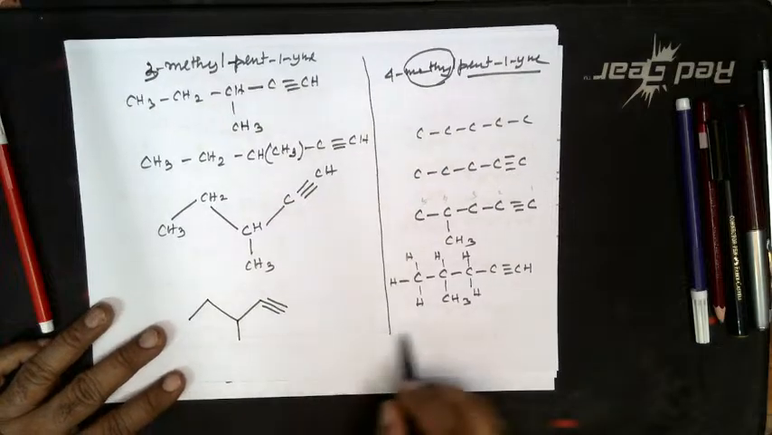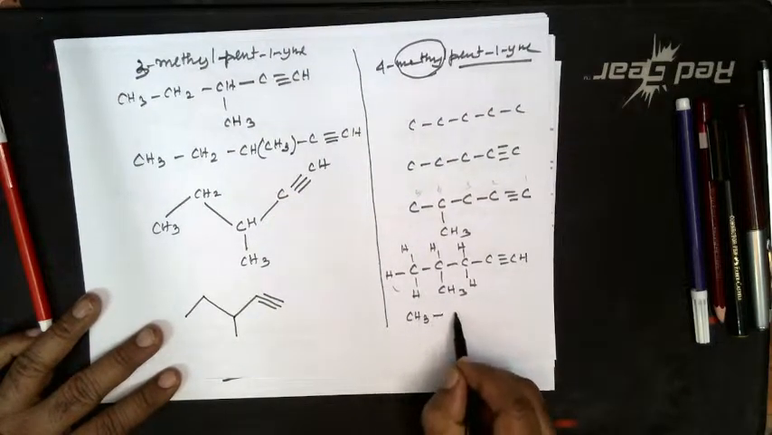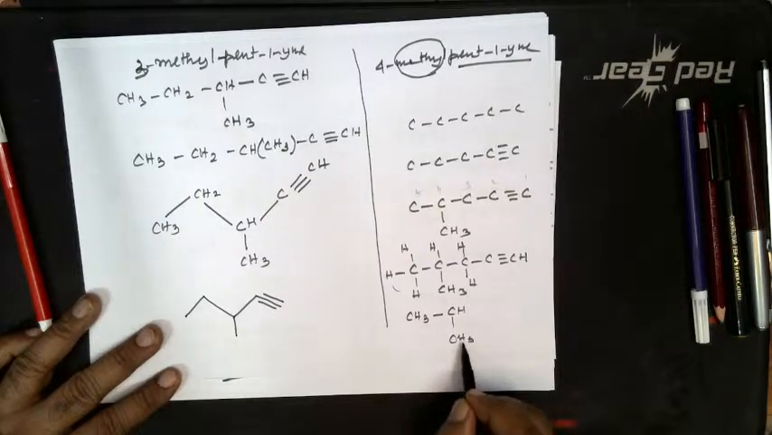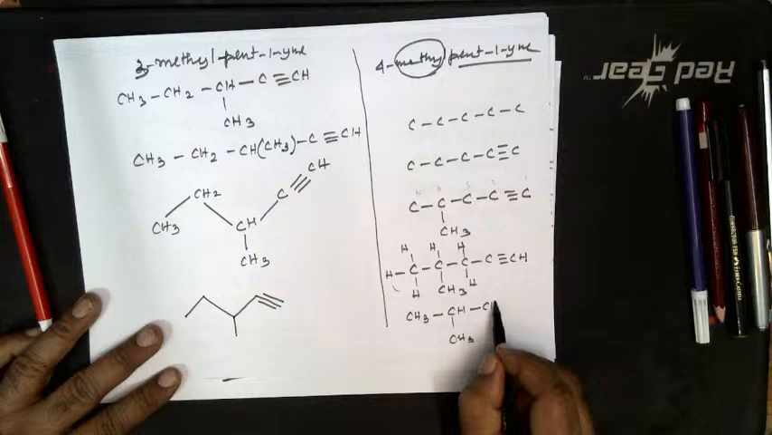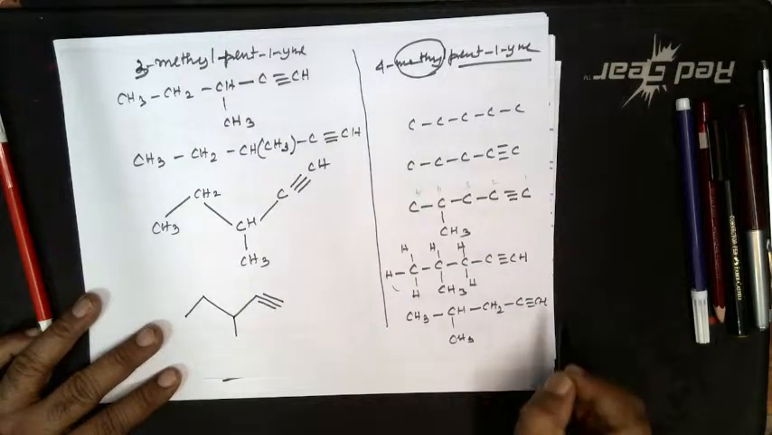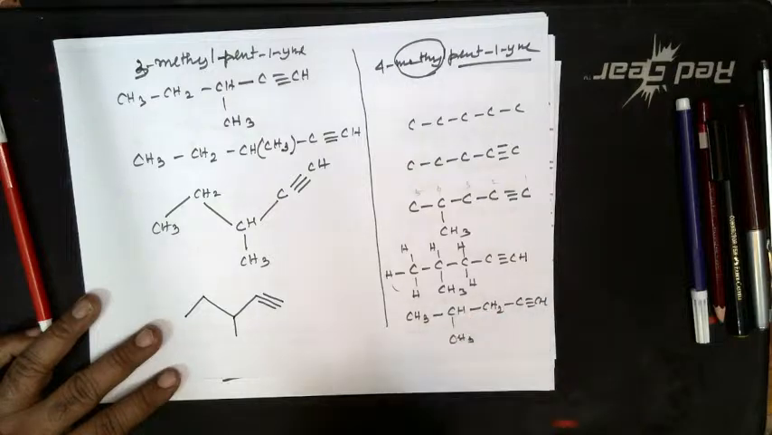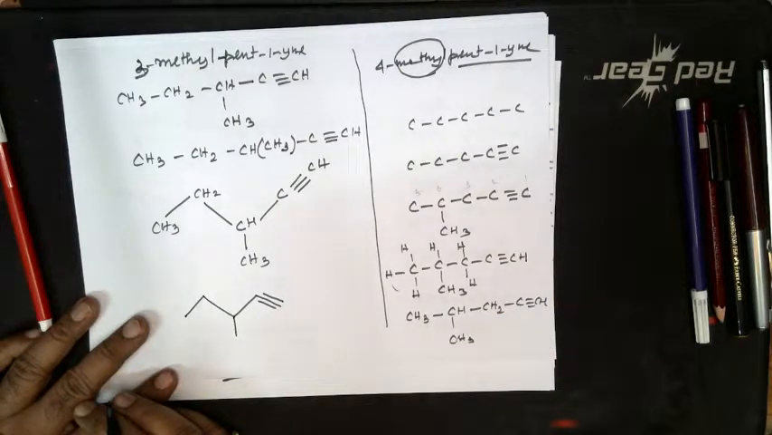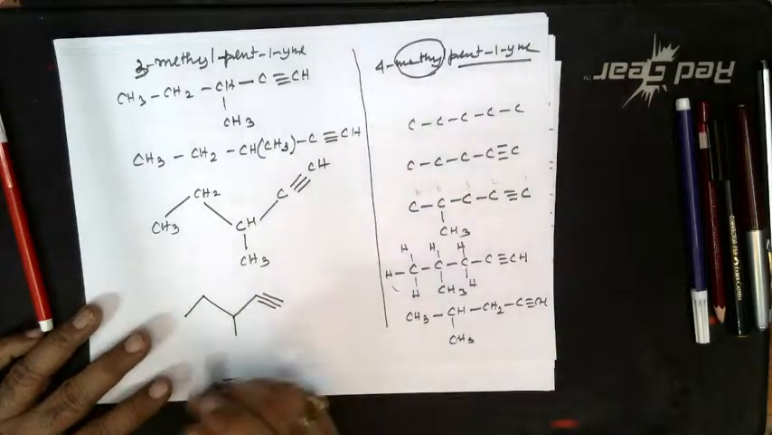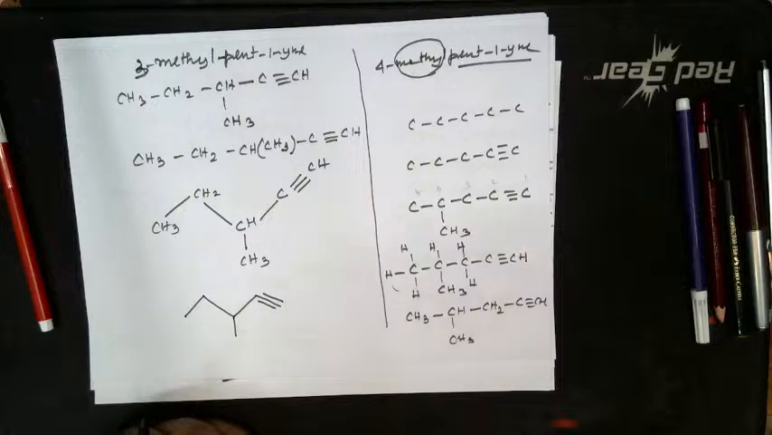Okay. Now you can add all these things. CH3. This is CH and CH3 and CH2. Then C triple bond CH. Now you can declare this as 1, 2, 3, 4. Okay. So this is 4-methyl pent 1-ine. You understand this? Yes. 4-methyl